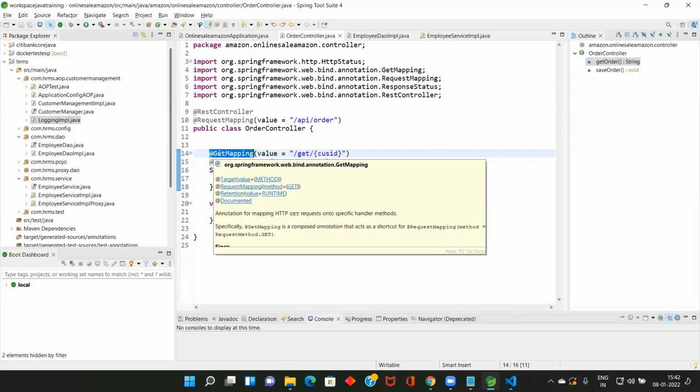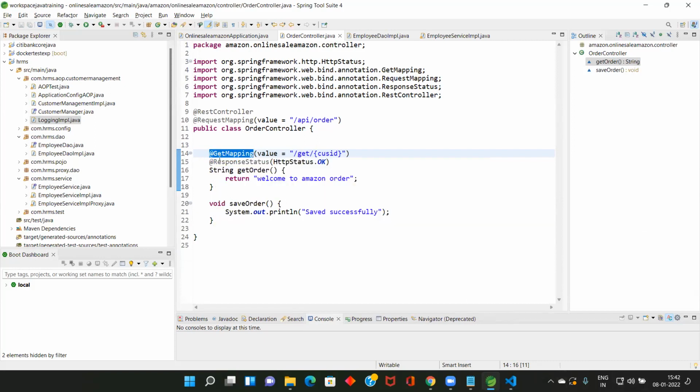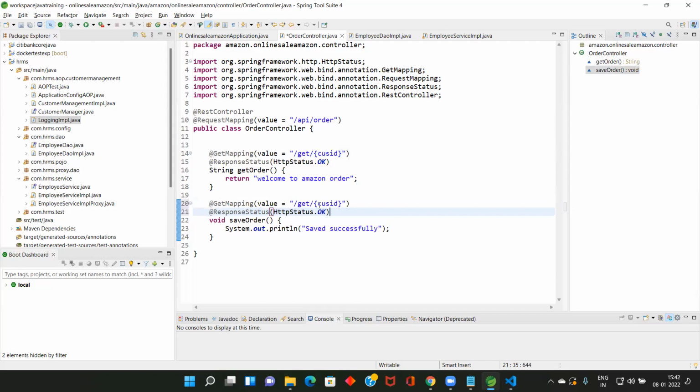If you are going to send information from the browser to the server, then make it @PostMapping. We call this method when we submit the order information, using /save. When we want to retrieve the information, no need for save. Here, post.